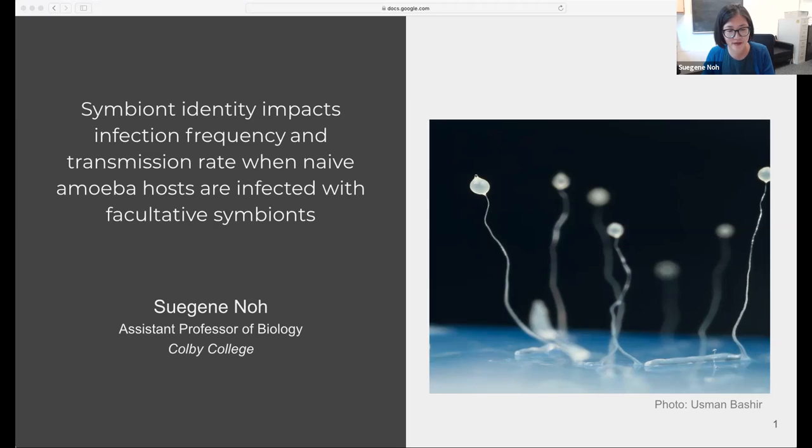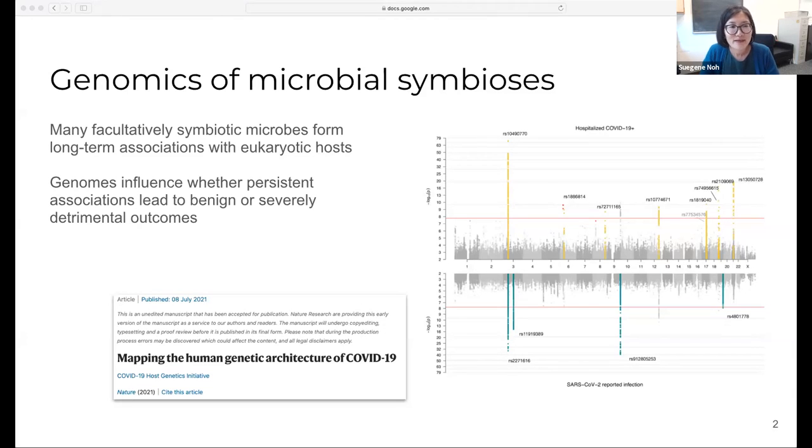I'm Sujin No. I'm an assistant professor at Colby College. I also mostly do research exclusively with undergrad students. So as we all know, microbes are everywhere, and there are many microbes that form long-term associations with eukaryotic hosts. The system that I work in, I work with both hosts and symbionts that are microbial. So we'll call these relationships symbiotic when you have a host and a microbe that are associating with each other in some sort of concrete way,